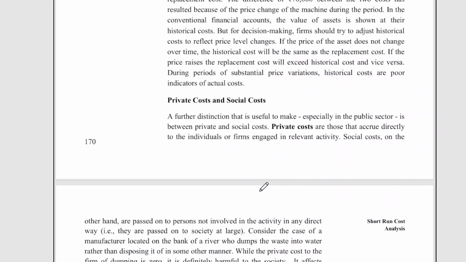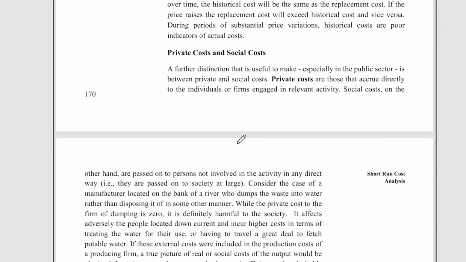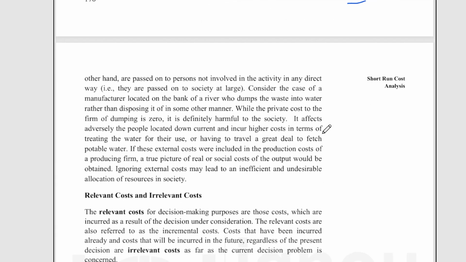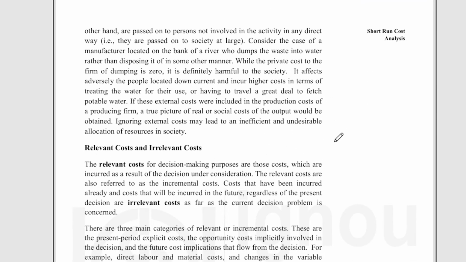Please go through it. And private cost and social cost. A further distinction that is useful to make, especially in the public sector, is between private and social cost. Private costs are those that accrue directly to the individuals or firms engaged in the relevant activity. Social costs, on the other hand, are passed on to persons not involved in the activity in any direct